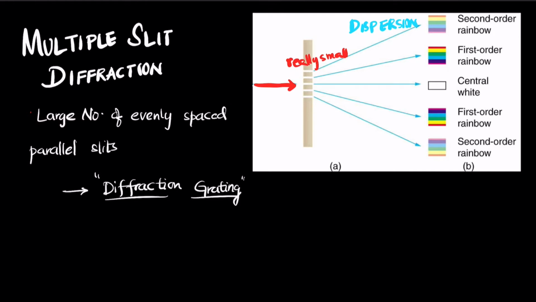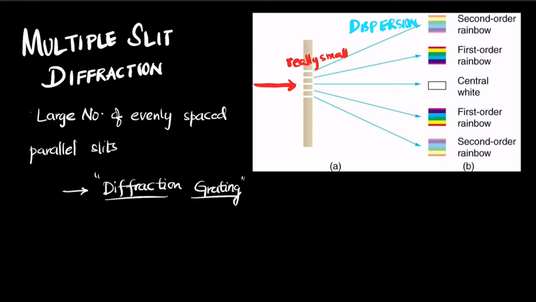You can manufacture one by scratching glass with a sharp tool in a number of precisely parallel positions. What happens here is that when light passes through those small openings, it creates dispersion, specifically if it's white light.